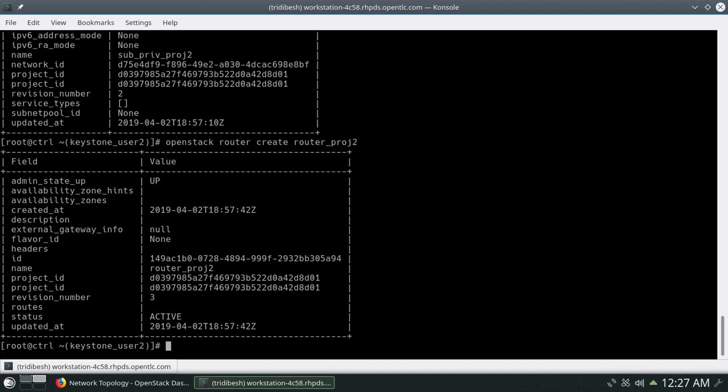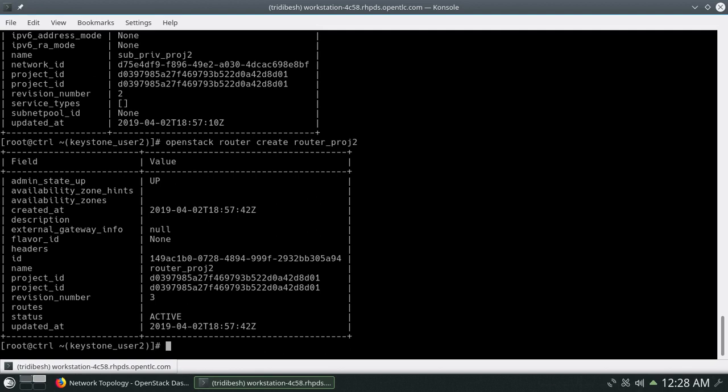So now we have private network, we have subnet for that private network, and we have the router created for the project. So now what we will do, we will assign external network to our router, and for this case we will use the same public network which we created via GUI, and then we will assign this private network, private_project 2, as the interface for our router.